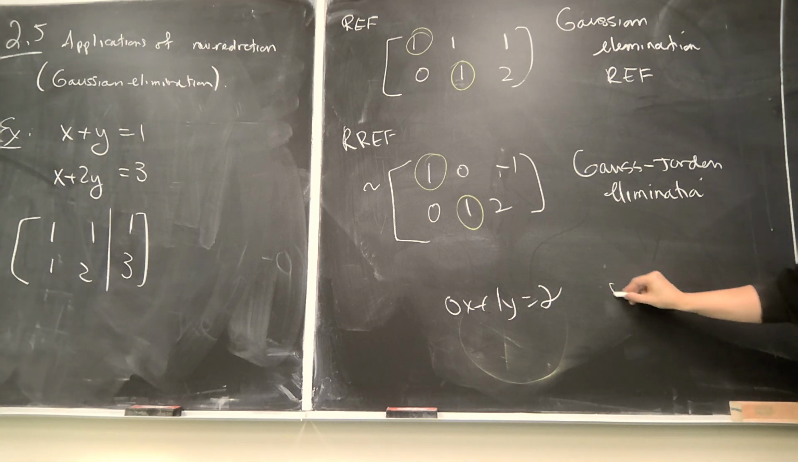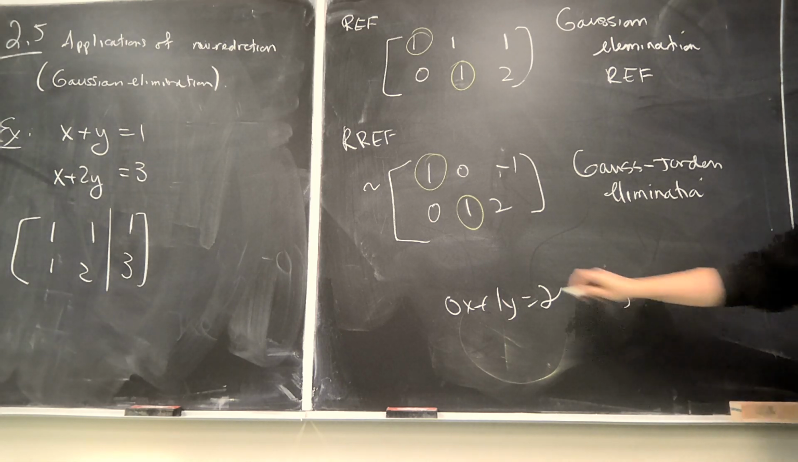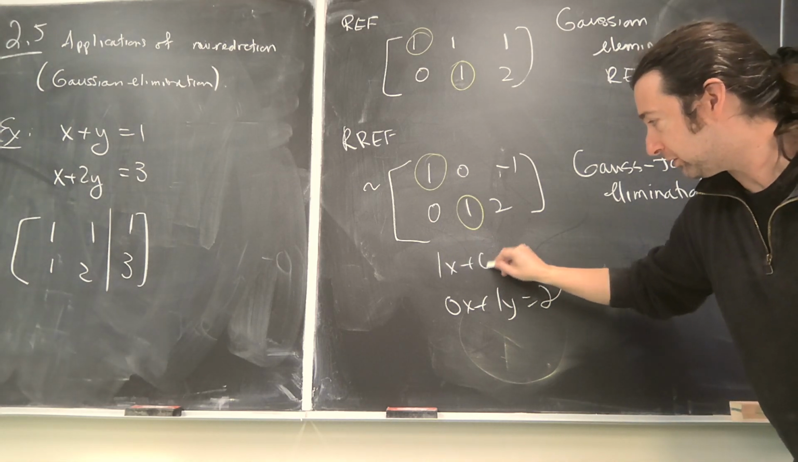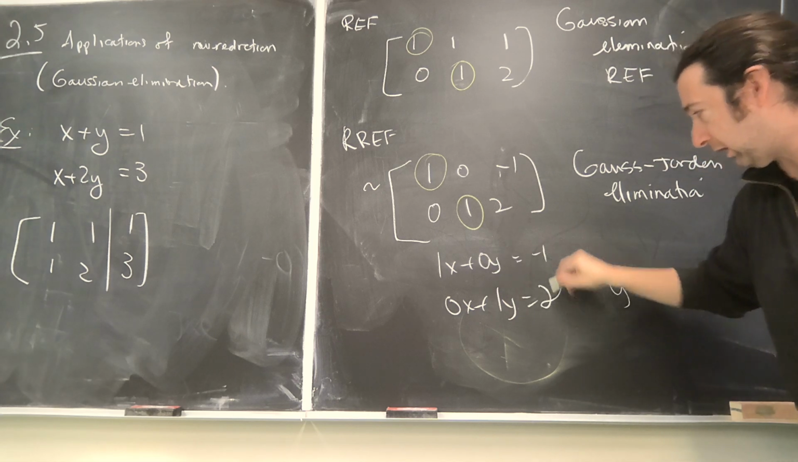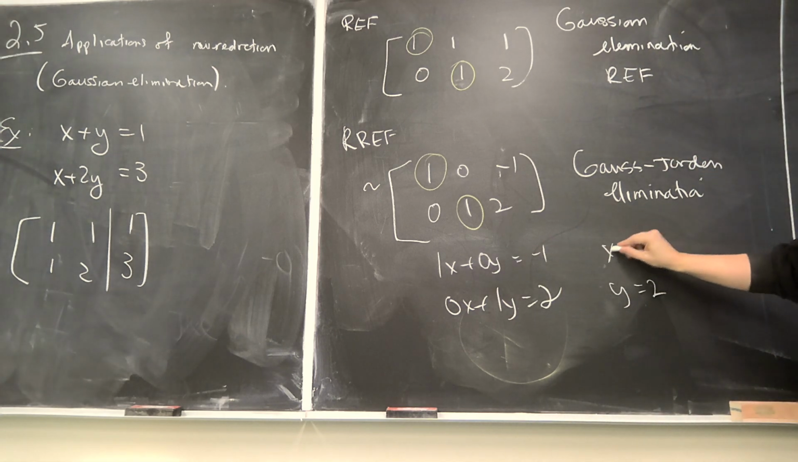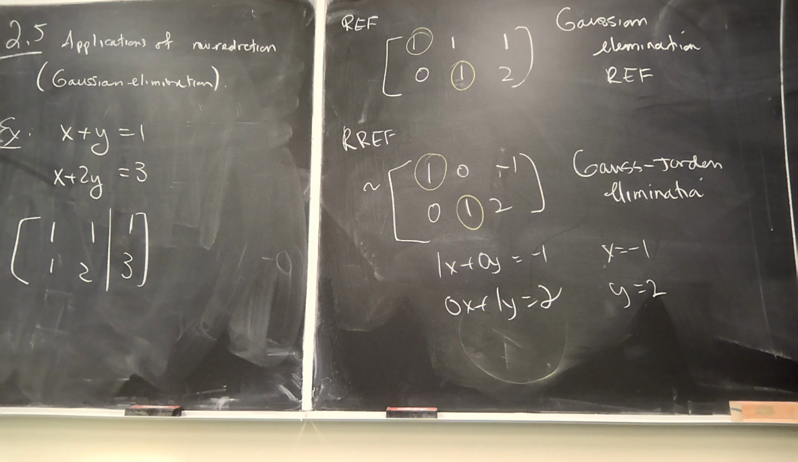So y is equal to 2. And 1x plus 0y's is equal to negative 1. And so x is equal to minus 1. Reduced row echelon form is extra useful for finding specific solutions, or if you're asked to solve or characterize the